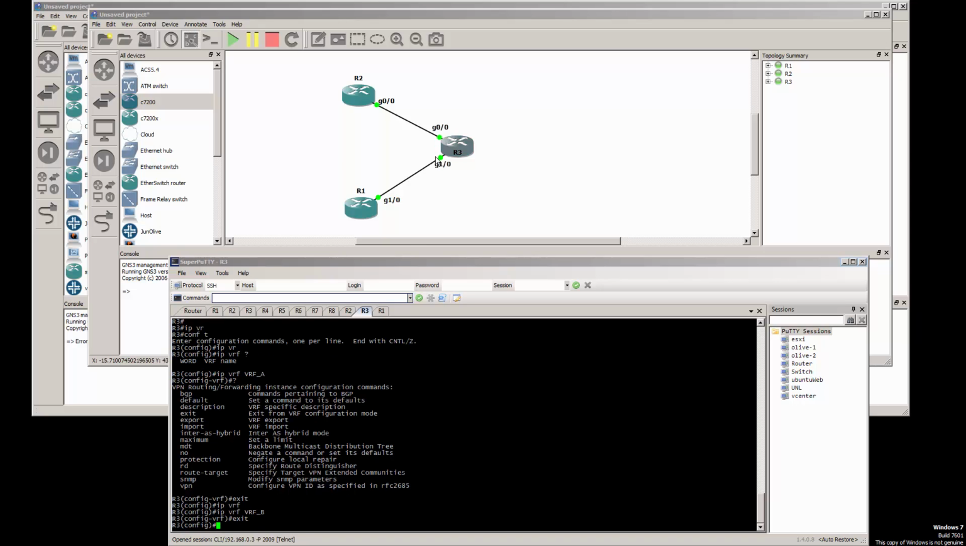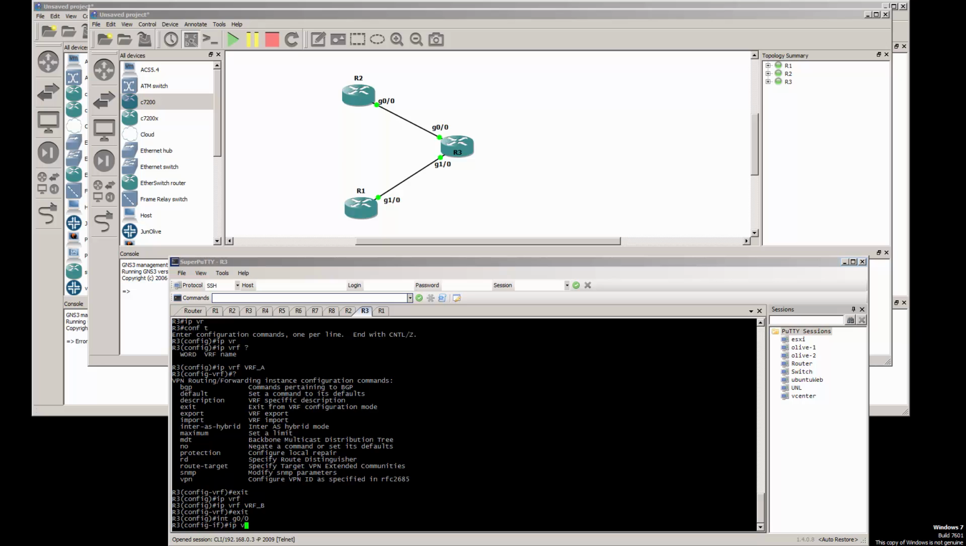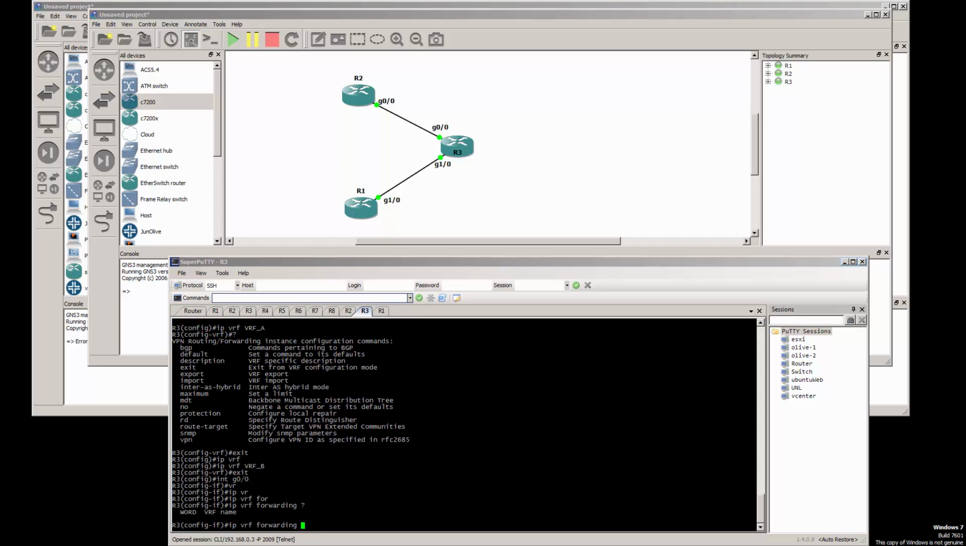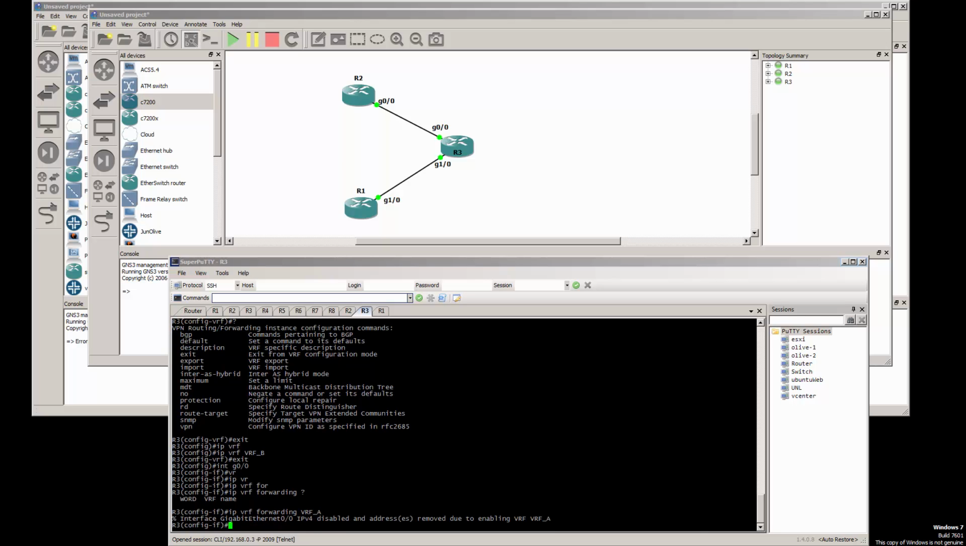Okay, now I'm gonna assign these two interfaces to the corresponding VRFs. So interface 0/0, I'm gonna say IP VRF forwarding, and it's called VRF_A. Okay, and look at that: interface disabled and addresses removed due to enabling VRF. So that means we need to give it the IP again. So it's IP